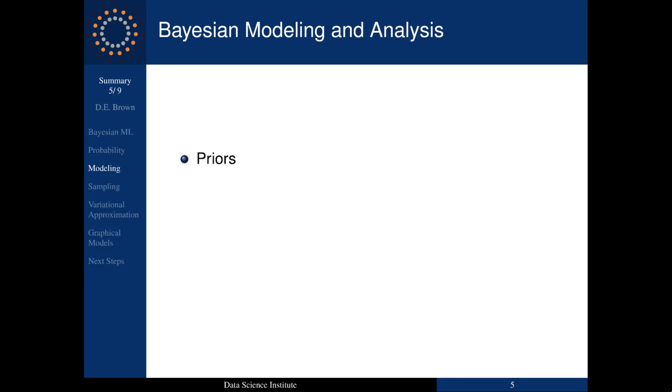The most useful way to get them is to use base case information, the baseline information that's available in any area. So in other words, if you're thinking about, for instance, a disease, it's the number of people in the total population with that disease. So you're looking for these base level prior distributions that can be used in Bayesian